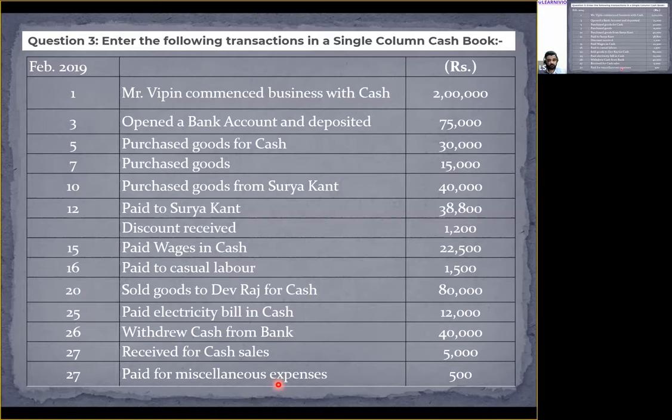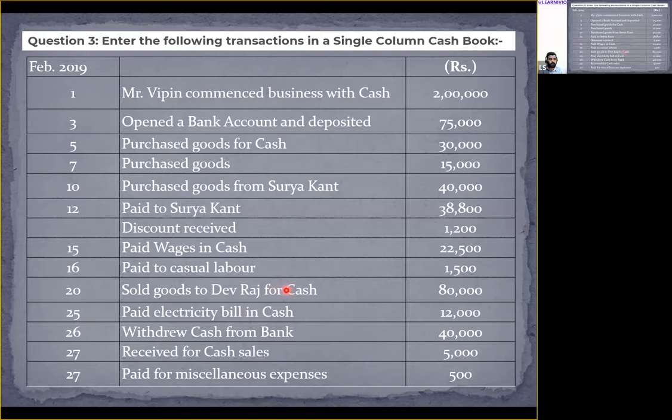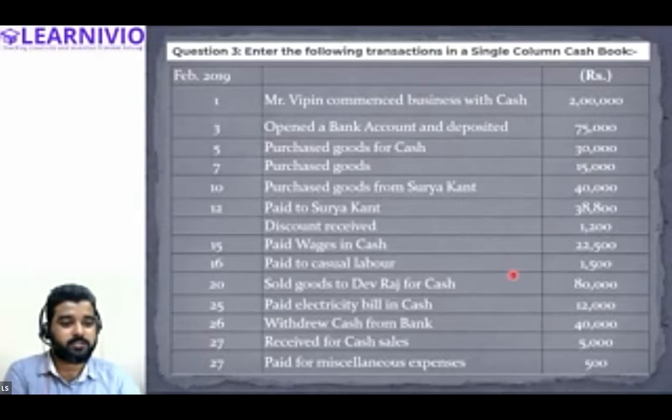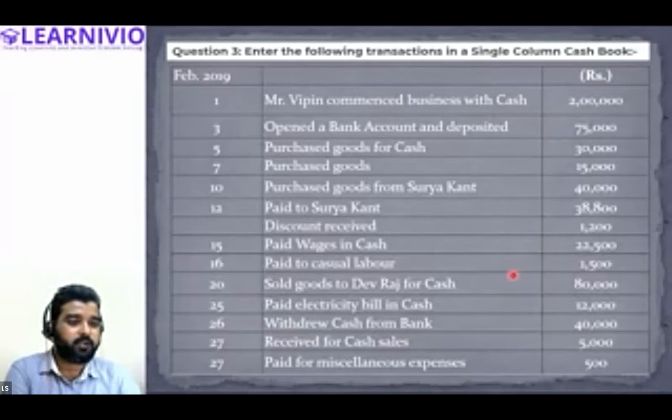All right. Yes, sir. So please consider this as your homework. Try to attempt this. So this is it for today in accounts. We will be discussing the double column cash book in the next class. So for now, this is it in the accountancy part. We'll see you tomorrow with the double column cash book. If you want to ask any doubt, you can ask me. Otherwise, we will continue from this point tomorrow.